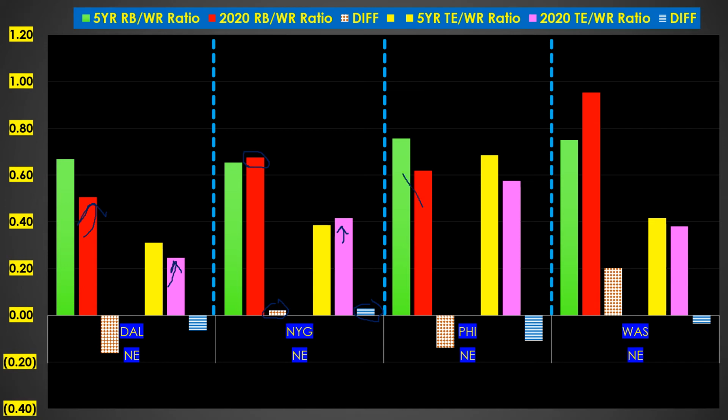Philly really declined in rushing and really declined in their tight end uses in 2020. They've got a new quarterback, so hopefully they're wanting to change things, but 2020 was a decline in both categories. Washington was all about the rushing, and people are picking